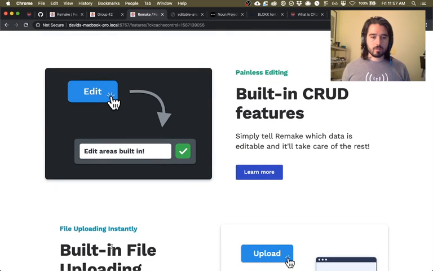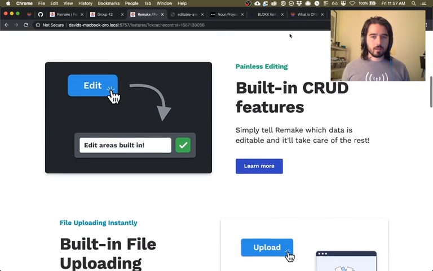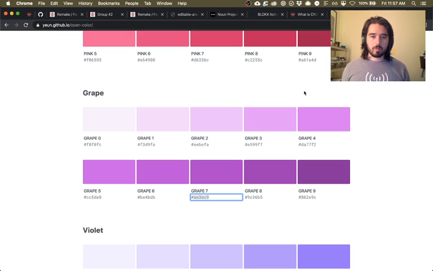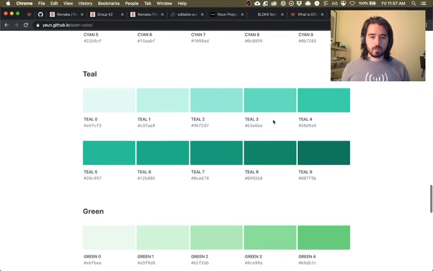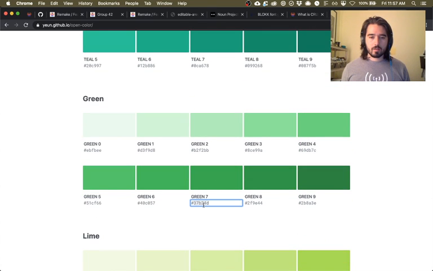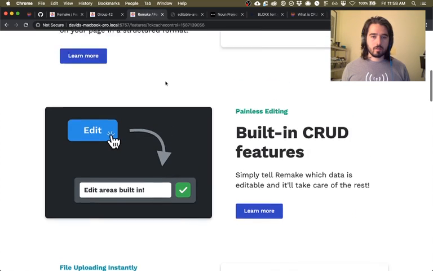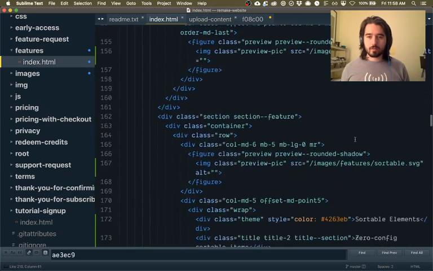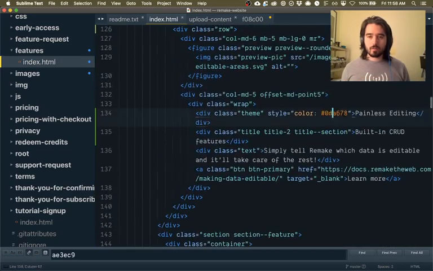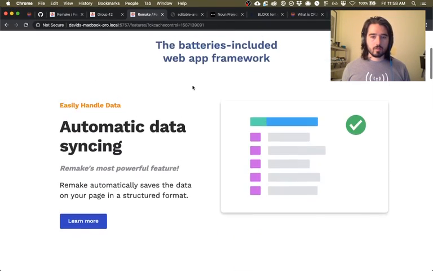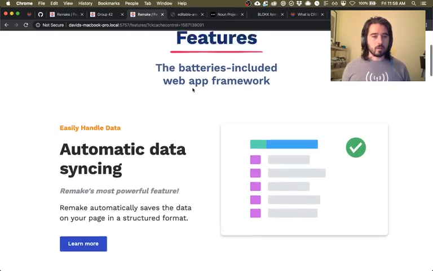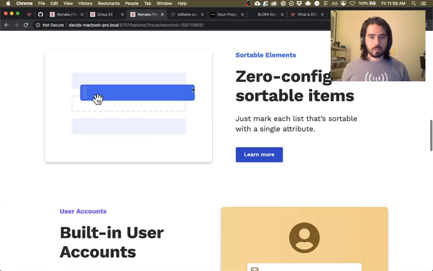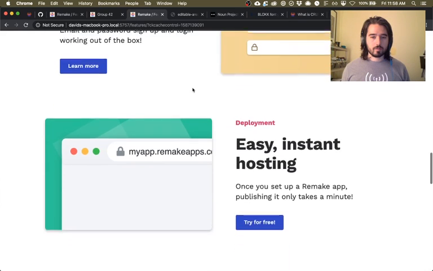These colors are pretty close. So I think I'm going to maybe go for a darker green for painless editing, even though I do really like that teal or whatever it is. Yeah. Okay, easily handle data, painless editing, file uploading instantly, sortable elements, user accounts,